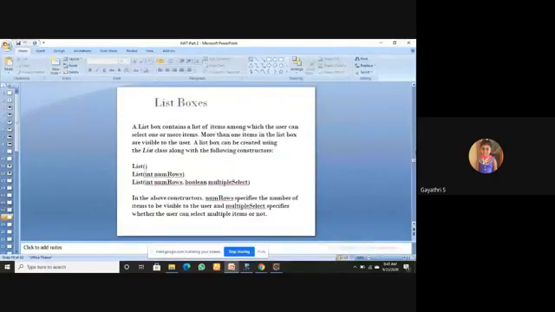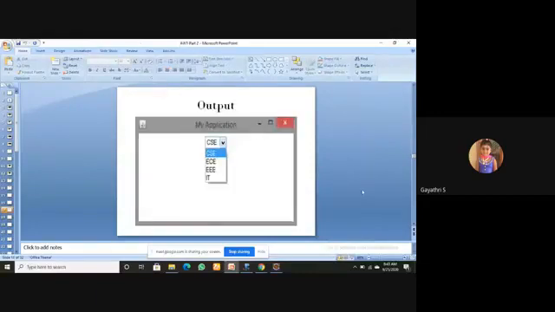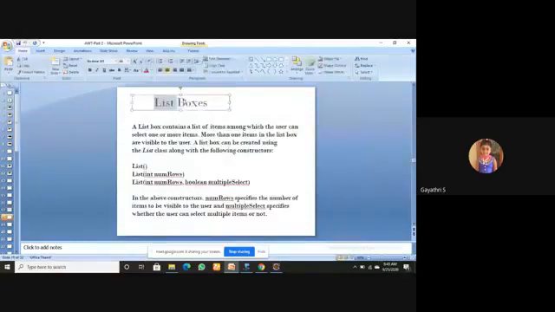Next, choice box is over. Next is about a list box. Both choice box and list box come under the same category, list. In the previous slide, we saw about choice. Using the choice, you are creating a drop down list. Here, a list box also contains a list of items. But one more thing here is the user can select one or more items. That's the main difference between this and the previous one.